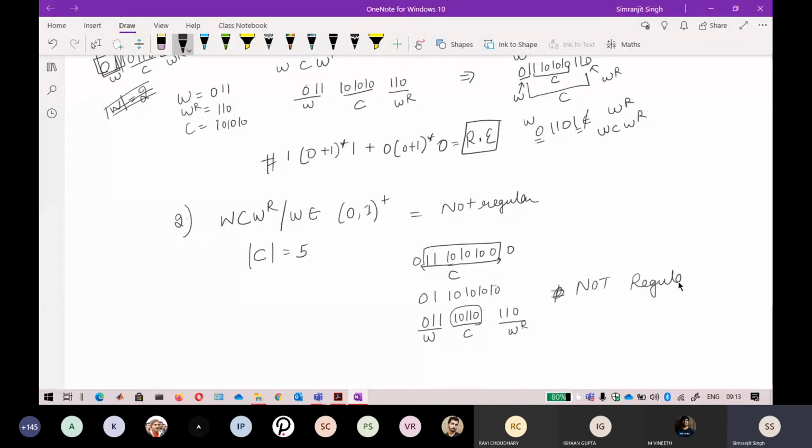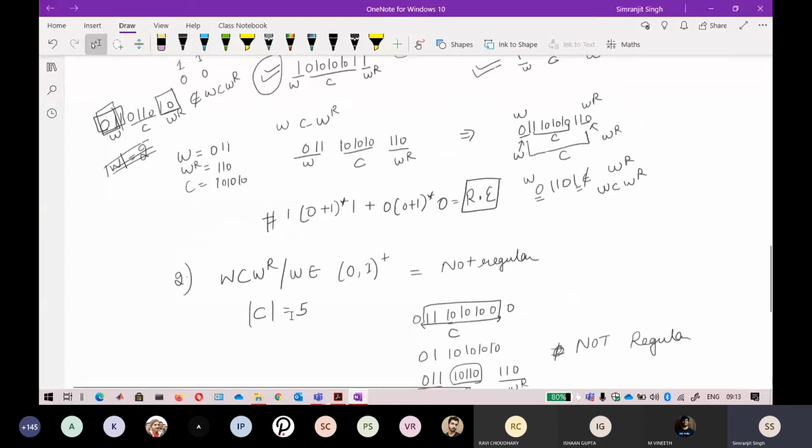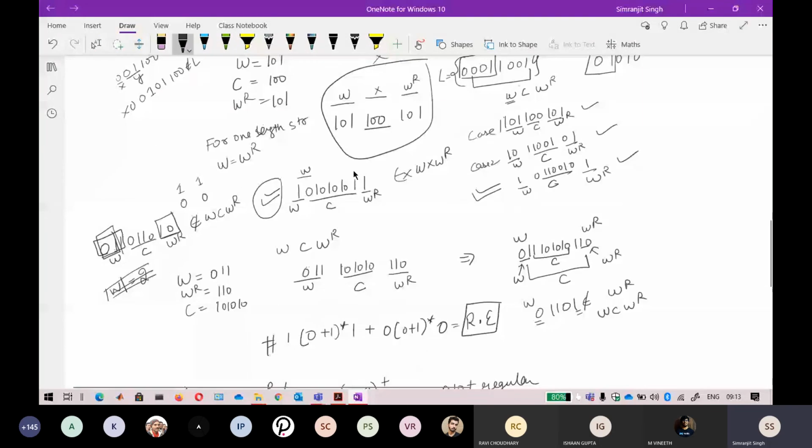Okay, if I fix the length of C, again the key component here is the length of C. If the length of C is extending, only then can I take this scenario, where I take the first one as the starting string and the last one as the ending, the reversal of this. That is the case. Okay, if you have any doubt, I suppose you will be having some doubt regarding it, because it is a little bit of a different explanation also. If you have any doubt, you can ask me.